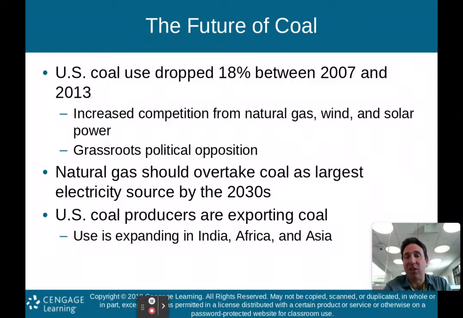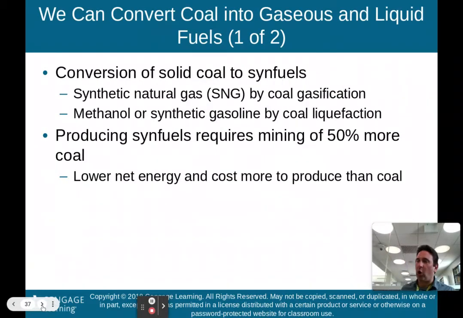We're exporting to India, Africa, and Asia. And again, here's those issues. These now developing countries, right? They're about 150 years behind us. We were using coal 150 years ago. Now these countries want to use coal. And now here's the issue, right? Because we're finding out coal is so bad for the environment. But again, how do you tell these developing countries you can't use this cheap form of electricity to provide for your people? Again, this is the moral dilemma we talk about a lot in this environmental science course.